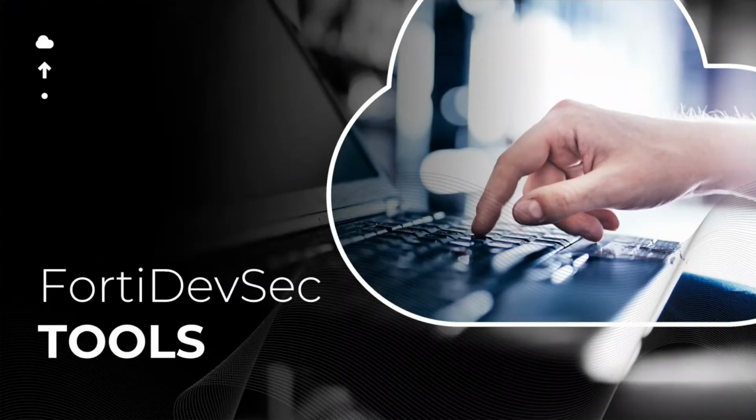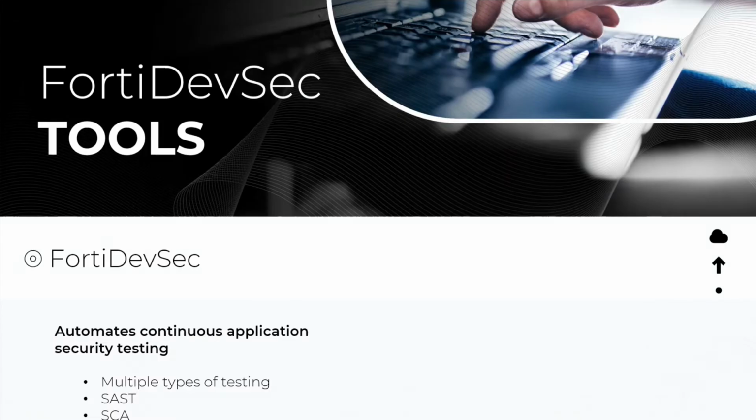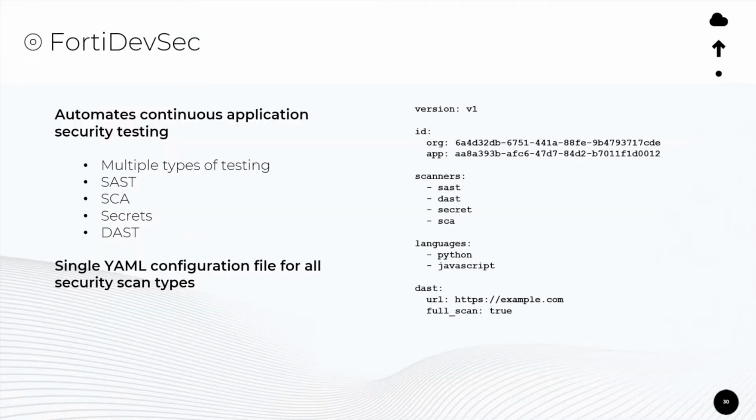Now, talking about FortiDevSec tools. FortiDevSec can perform automatic continuous application security testing. What are the different tests it can perform? Starting with SAST, which is static code, and then it can perform DAST, which is dynamic code, and then it can do security testing